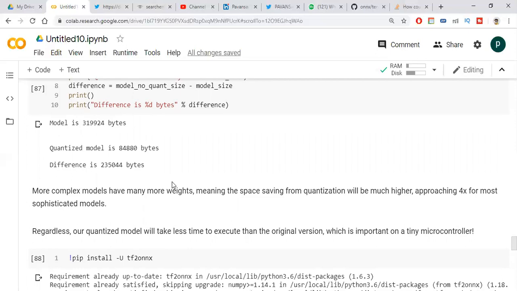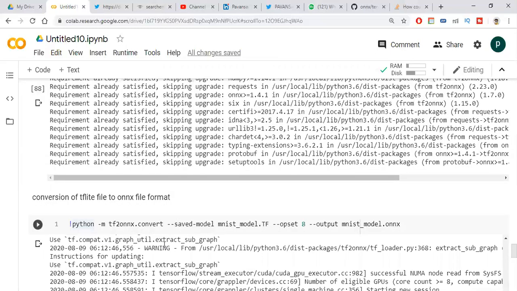I am using TensorFlow, so for this reason I am installing the TensorFlow to ONNX library. After installing, you need to write a command like this: python -m tf2onnx.convert, and we need to give our saved model, and give the opset.